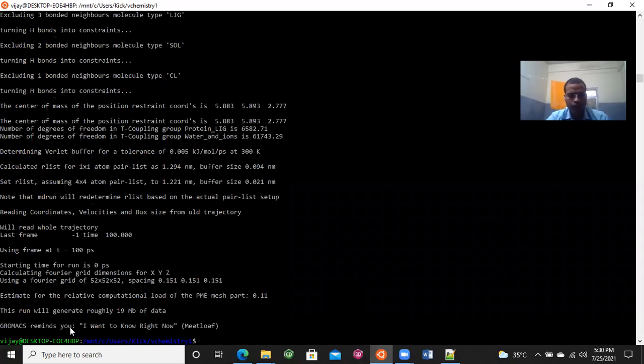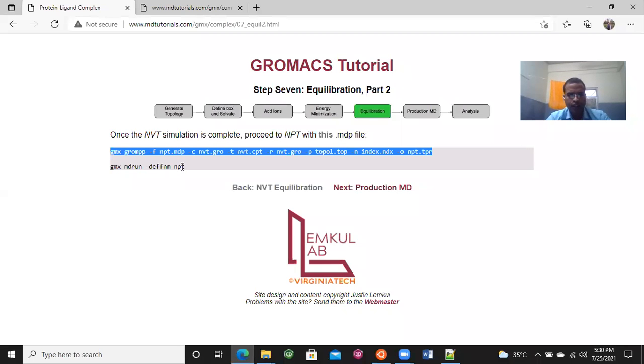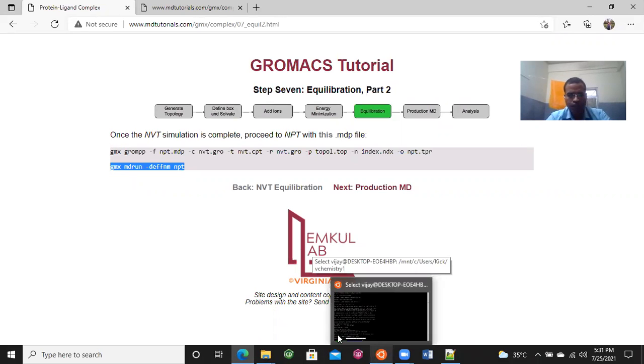Oh, well, now everything is going fine. So we need to go for the next command, that is the npt mdrun. Here, just copy the command and add the dash v option.